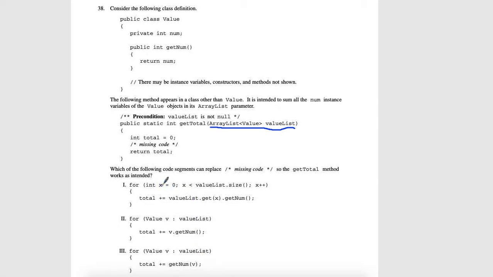So int x is declared to be 0. Okay, that looks good. And x is less than valueList.size. Well, yeah, that is the correct way of getting the number of elements in the list. And we're going to increment by 1. That looks perfect. And for each of those objects in valueList, we're going to get the object at that index position, and we're going to call its getNum method. Well, that sounds